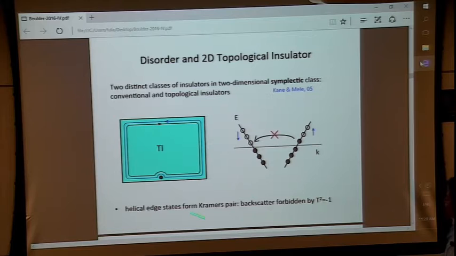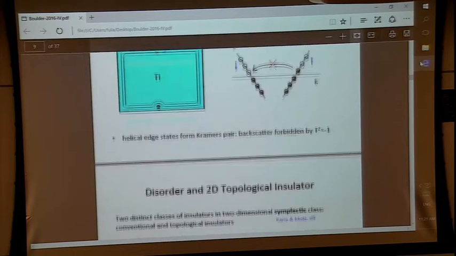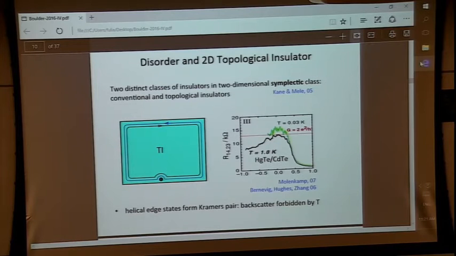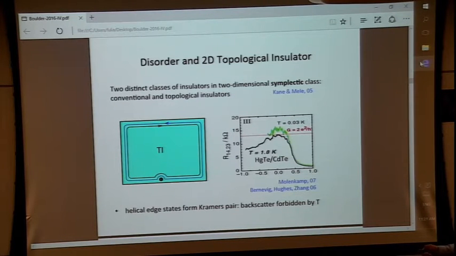Or a more rigorous way of saying this is that the counter-propagating states with opposite momentum and opposite spin form a Kramers doublet. Backscattering between a Kramers pair is forbidden when time reversal symmetry is present. It has to do with the fact that T² is -1 for spin-1/2 particles. So that's why we theoretically expected that the conductance at each edge at zero temperature is e²/h, independent